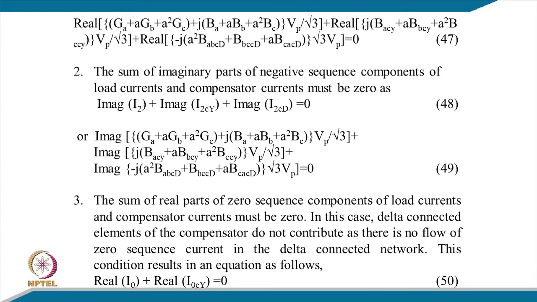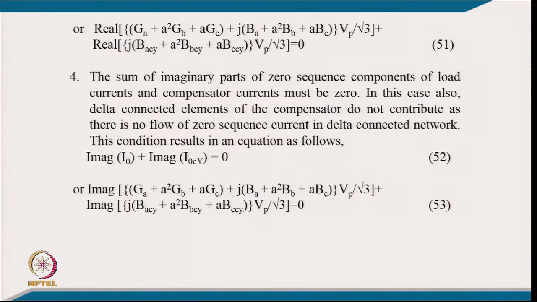Real part of I 0, that is the load current zero sequence current, plus real part of I 0 C y, that is the star connected compensator zero sequence current, because it is connected in star with the neutral, and this should be 0. Since there is no connection of the delta network of the compensator with the neutral, that term will not be there in that case. So, that is another condition, and you can keep the value of this, and you can get the equation between the load admittances and the star connected